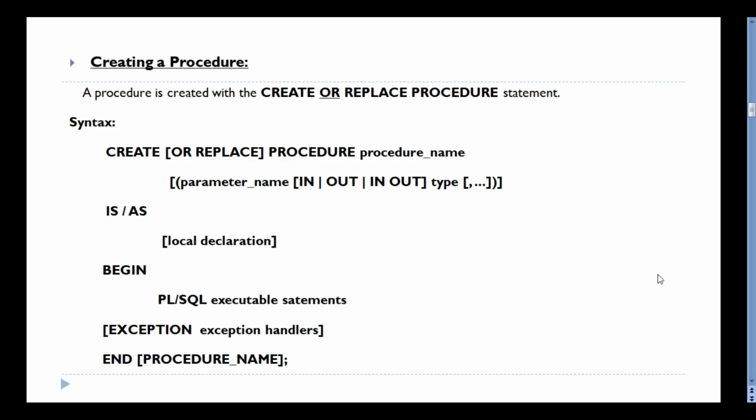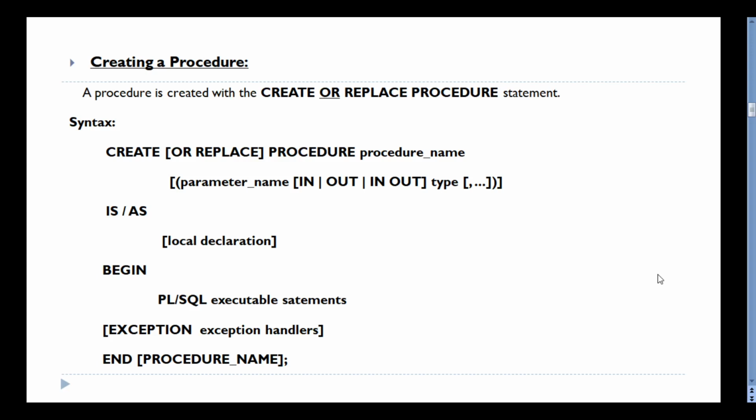In that procedure, whatever local variables you want, you can declare here: the local declaration of variables, constants, and all types of variables. Coming to BEGIN, as usual you can write the PL/SQL executable statements. Next is the EXCEPTION section, which is also optional. The exception handlers, the statements which handle the exceptions, are written inside the exception section.